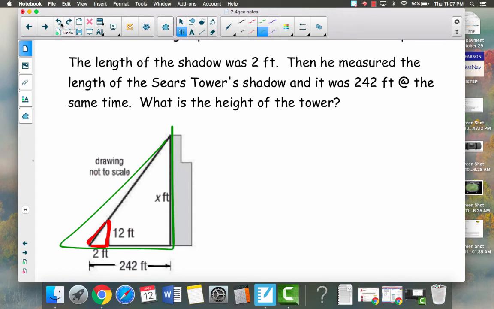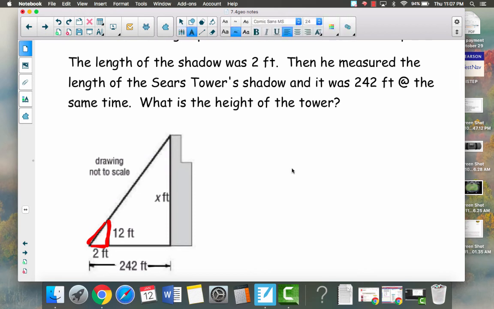They share some sides, they share some angle measures, so we can go ahead and set up a proportion. So I'm going to work with the bottom of our triangles first. So notice that this little triangle has a length of 2, okay? And the bottom of the largest triangle has a length of 242. So I'll write that as a fraction. And remember, you always go triangle to triangle. So there's our first. And then we're going to do the same thing. We're going to make that proportion equal to